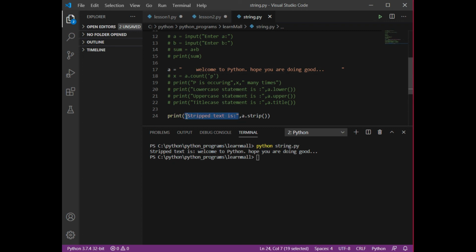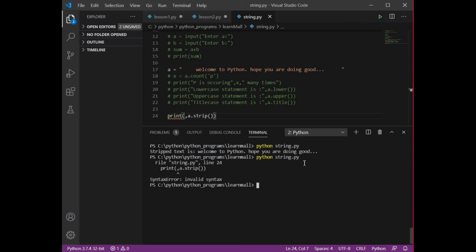Now what I have done, I have used strip function, I have given spaces on both the sides. So let's just run. I need to eliminate this comma, save this file and run this file. So see, there are no spaces before this welcome word. So that is your strip function.